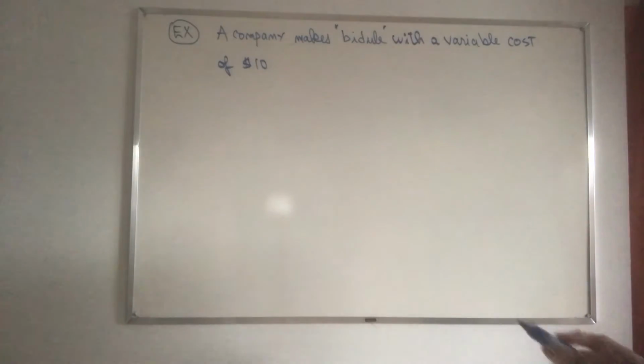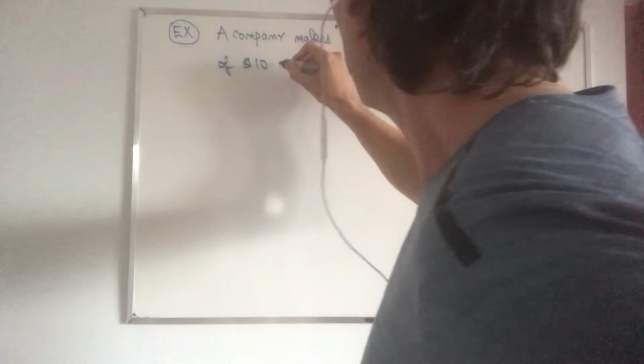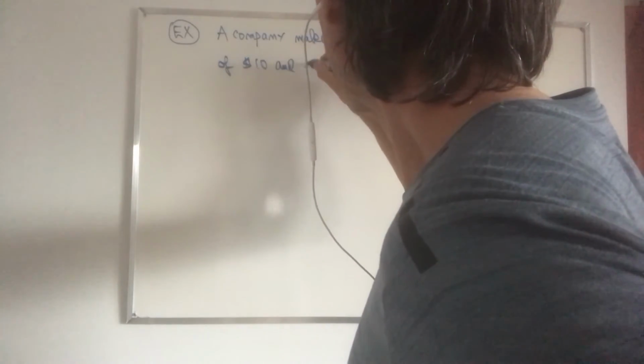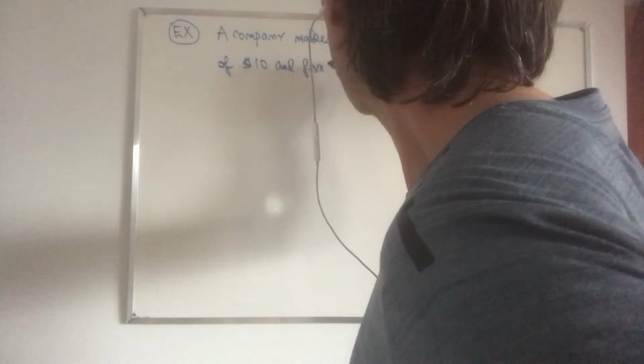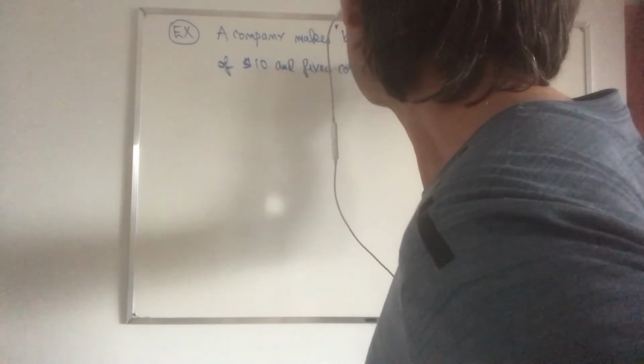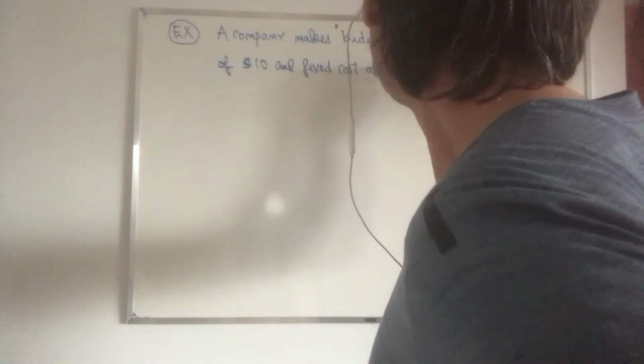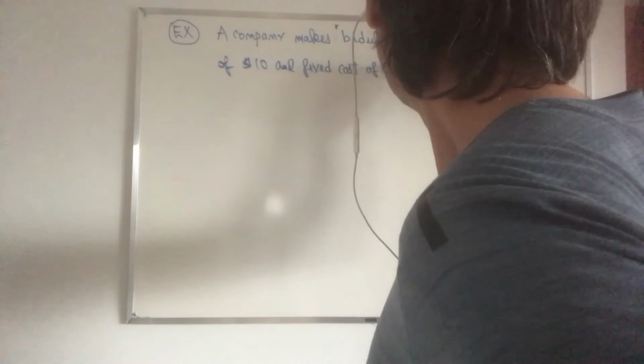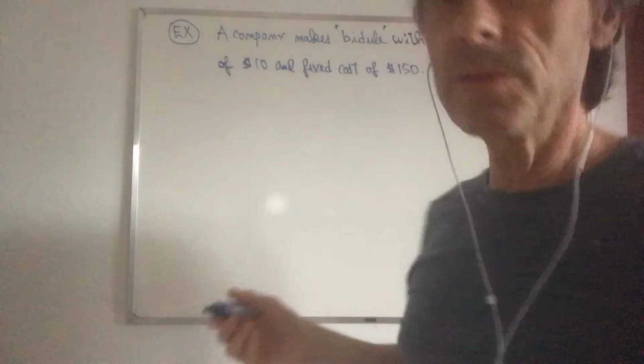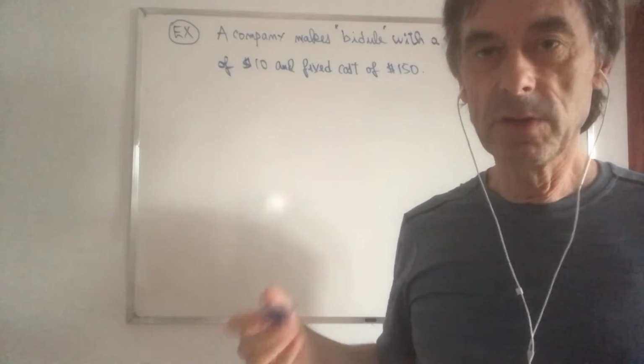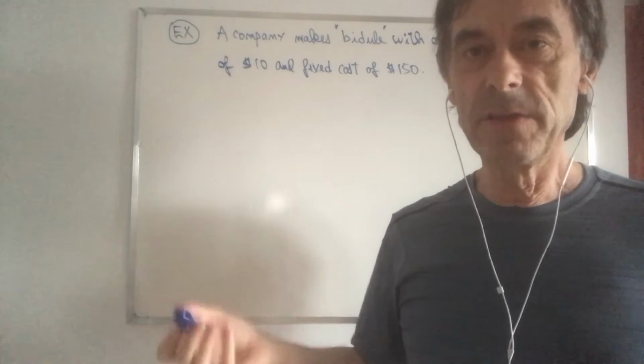And fixed costs of $150. So with these two things, we should be able to build the cost equation, because cost equation is fixed